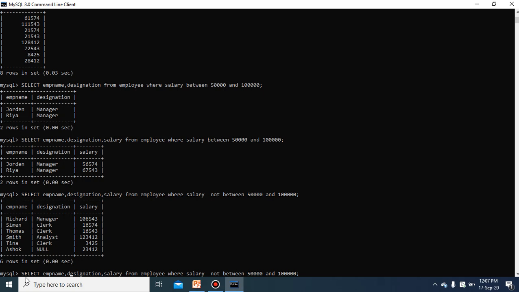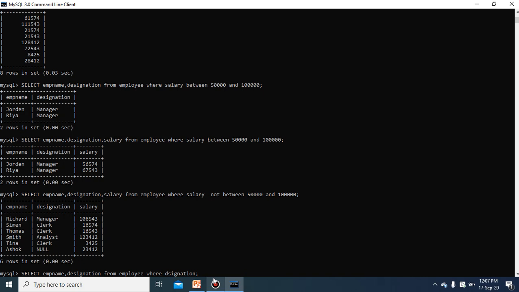This time you remove it, and just see the emp name, and afterwards you write comma, salary, designation, otherwise you will not get the proper output, from employee, where you modify here with the help of the in operator: where designation in.